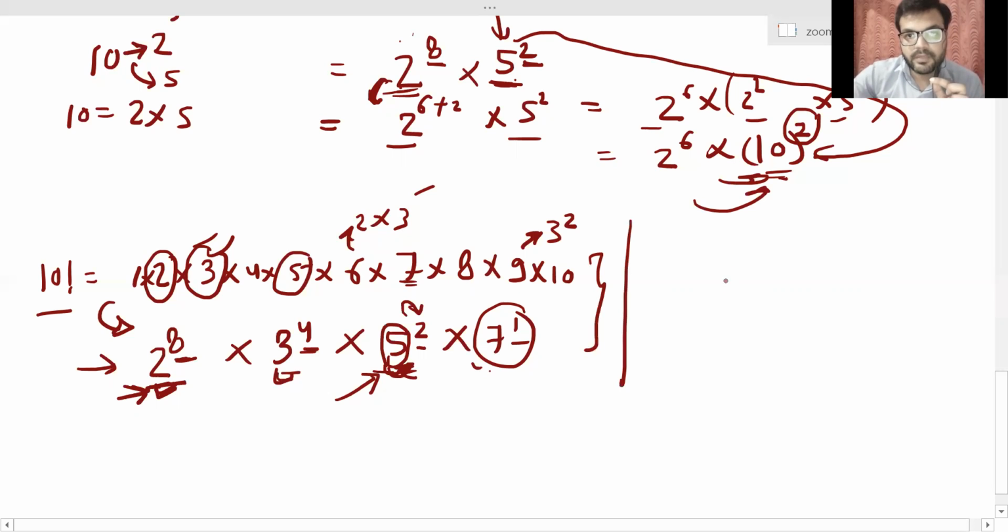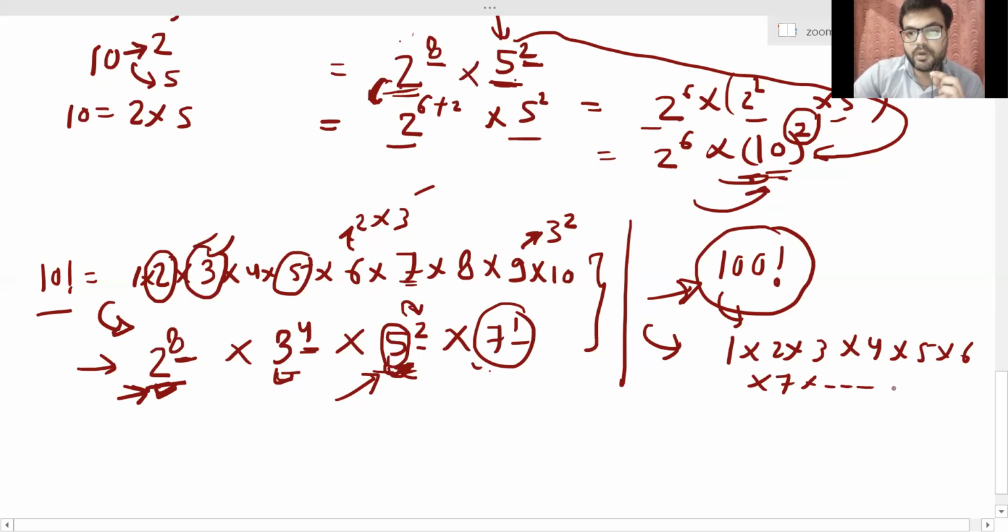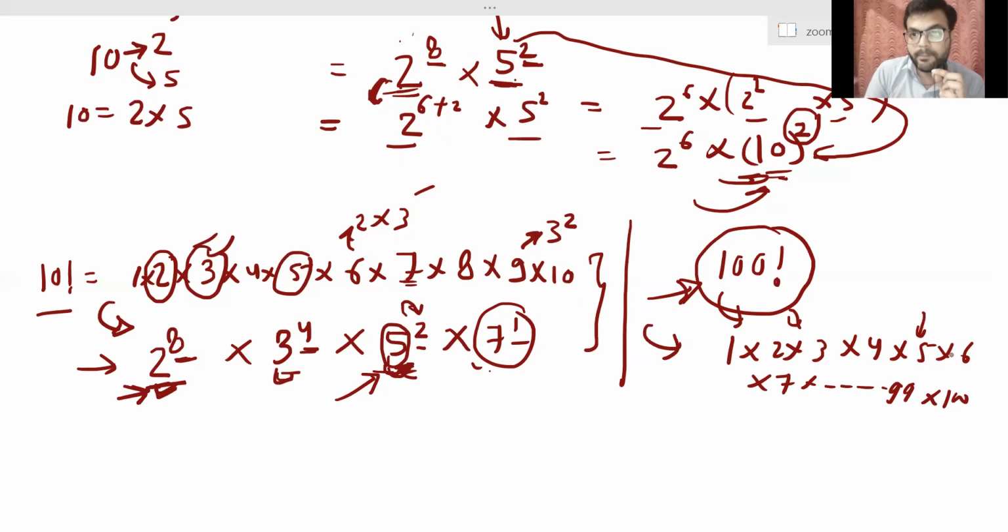So let's say we have to find out the number of trailing zeros in 100 factorial. So for counting the number of trailing zeros, the deciding number is what? 5, and 5 is a prime number. So the problem is, if you keep on counting, see, 100 factorial is a very large number. It is like 1 into 2 into 3 into 4 into 5 into 6 into 7 into, up to 99 into 100. So there will be so many numbers of twos and so many numbers of fives in between. So if you keep on counting just like that on finger, it will be very cumbersome and very time consuming for you to count the number of fives.